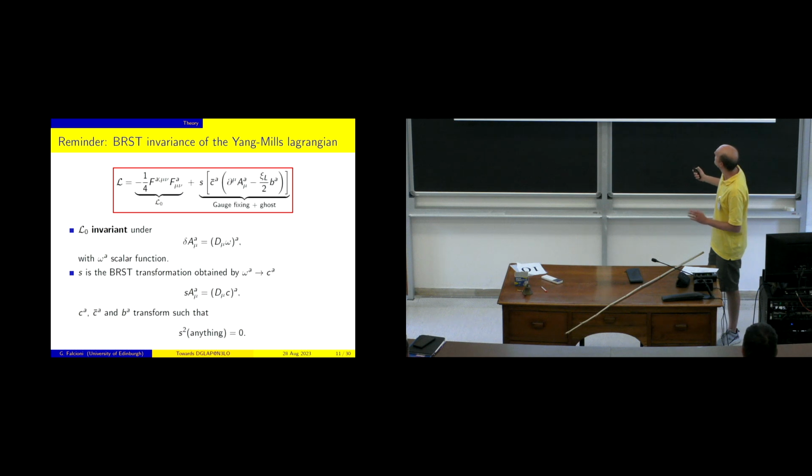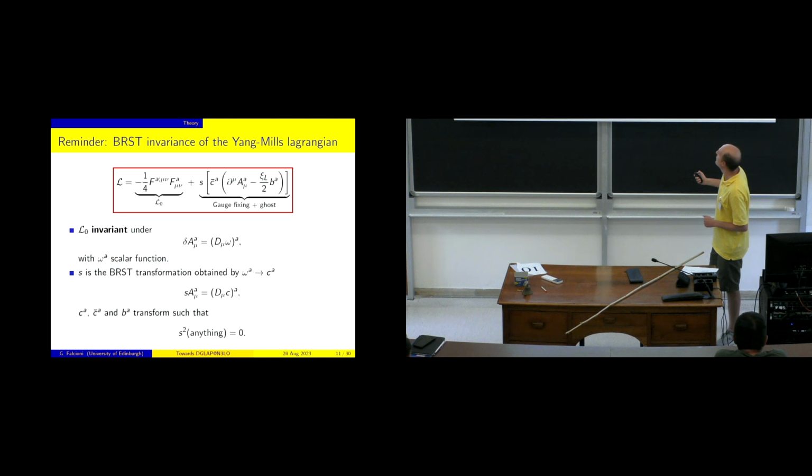You start with your Lagrangian, which has just this gauge invariant bit. So it doesn't change if you replace your gluon with the covariant derivative of a scalar function. And then a second bit that is explicitly the BRST variation of what is called an ancestor operator. This variation is such that it operates on the gluon like a normal gauge transformation where you replace the scalar function with the ghost. And it's defined such that it's nilpotent.